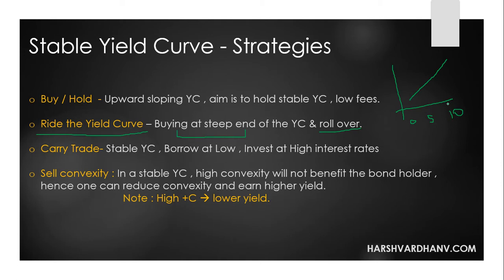Here the rates are low, so the price will be high because yield is opposite to price. So with low interest rates, the bond will be expensive to buy. But here the interest rates are high. So you buy a 10-year bond with a horizon of 2 years. You will buy it over here. Now you know that the yield curve is going to be stable. So at the end of the 2 years,